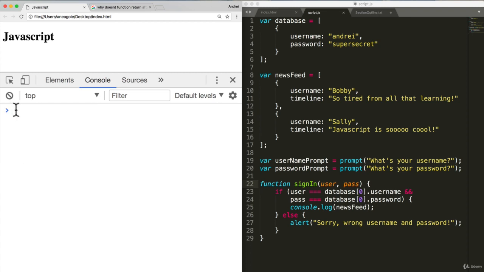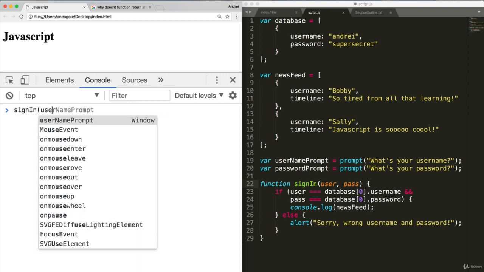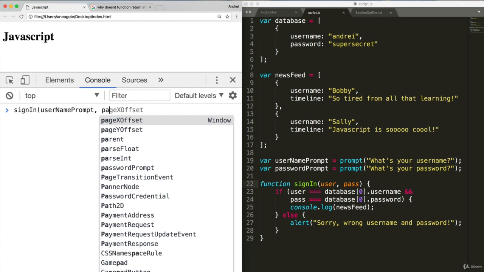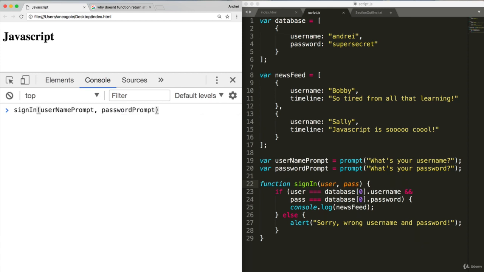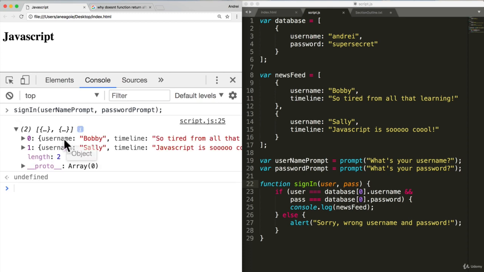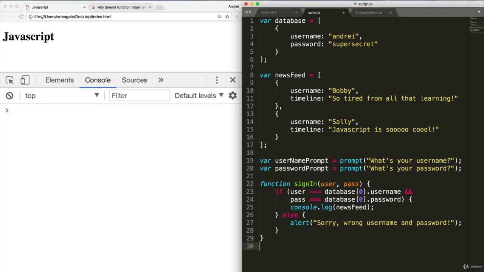So let's run it. Let's do sign in, and we'll say username prompt, password prompt. Look at that. We just received our newsfeed. That's very cool. Let's put this inside though, so the script just runs and we'll get our answer right away. So we'll do username prompt